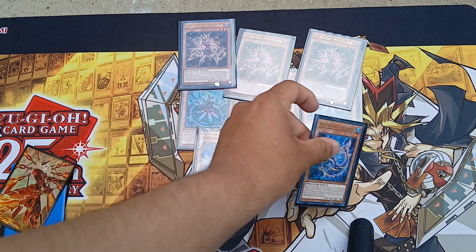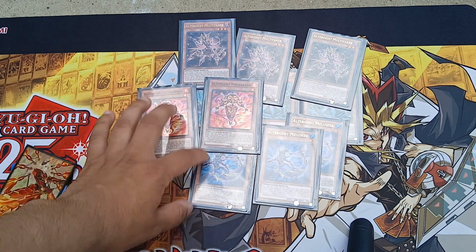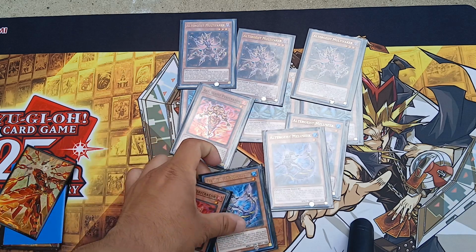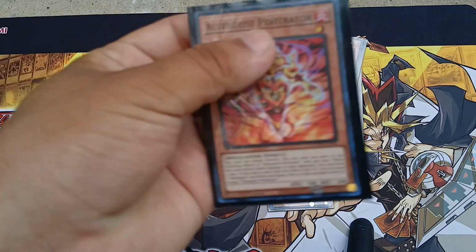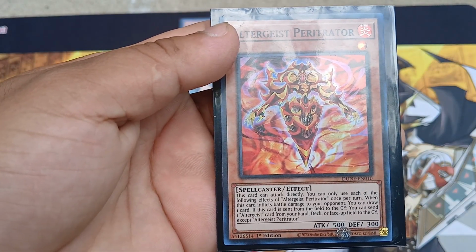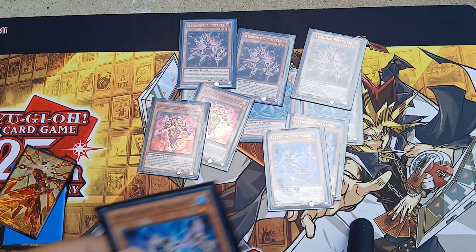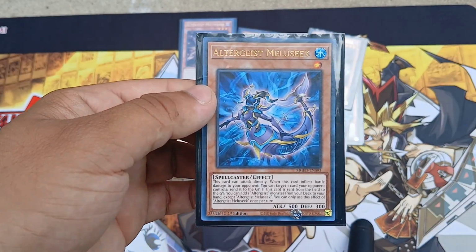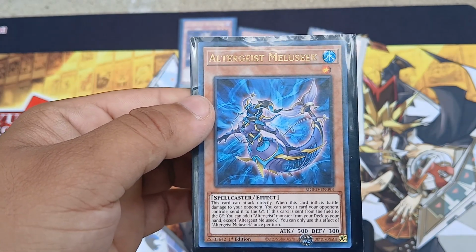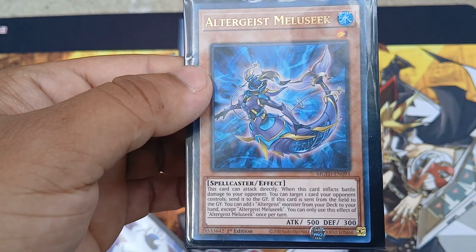Three copies of Meluseek, two copies of Prospector. Now these two are very special because they are allowed to wage direct attacks and they gain abilities once they declare damage. Like this one, for example. This card can attack directly, and if this card inflicts battle damage to your opponent, then you can draw an extra card. This one has the same effect when you declare the direct attack. And when you've done damage, if this card